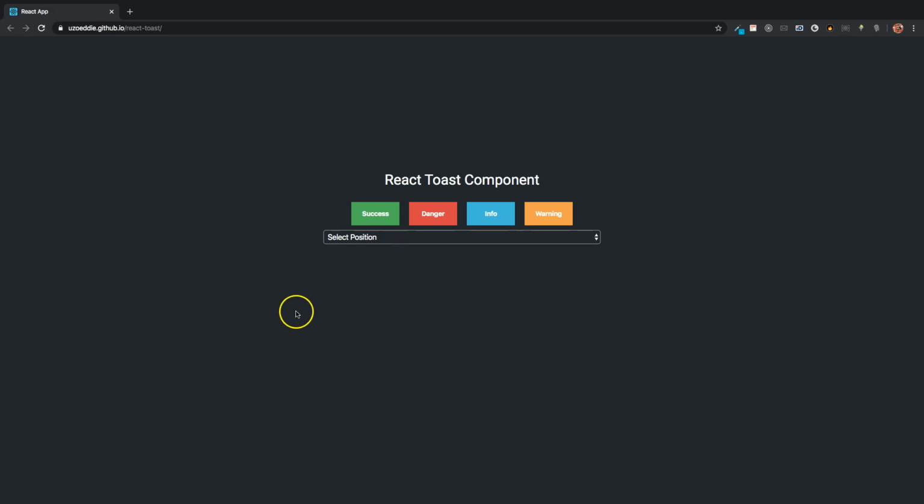This is how the page is going to look for testing out the Toast components. We're going to have these buttons for success, danger, info, and warning. And then this select tag here is going to be for selecting the position. We have the top right, the top left, the bottom right, and the bottom left. So right here, if no position is selected, we are going to set a default position. So when the user clicks on the button without selecting the position, we are going to use the top right